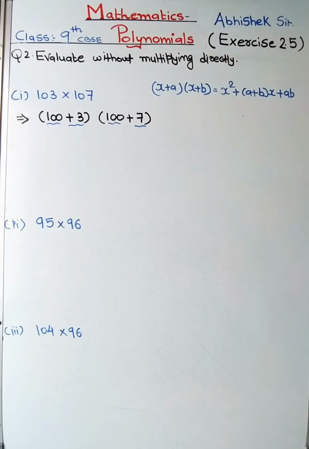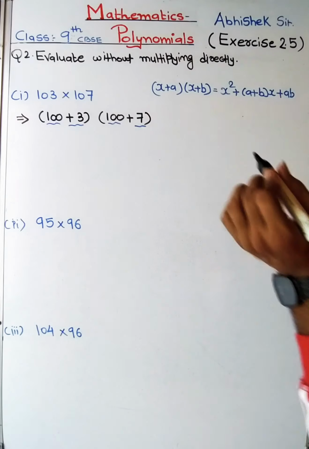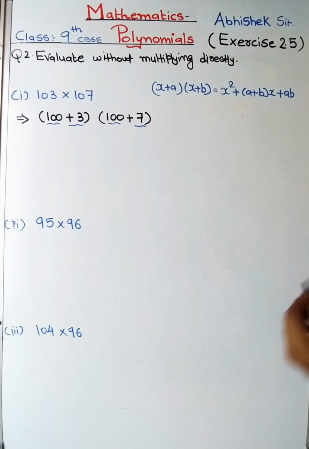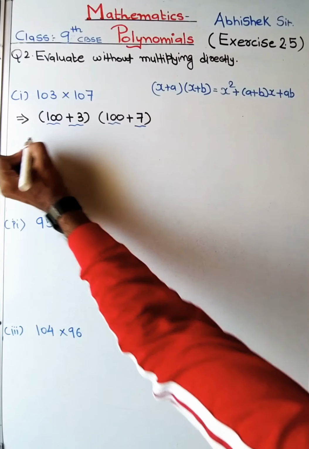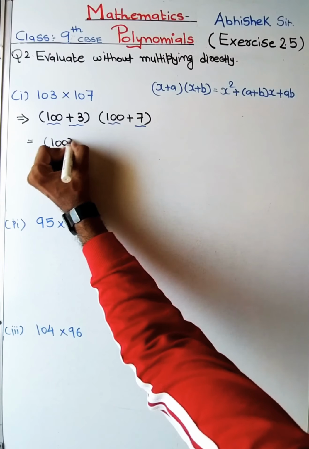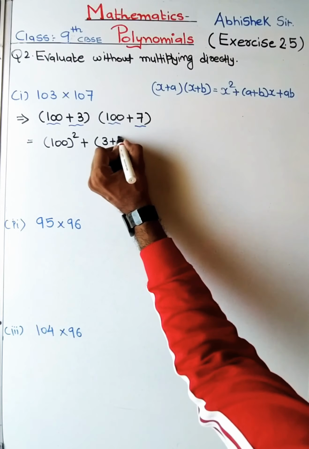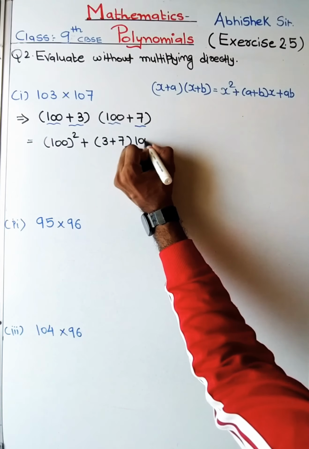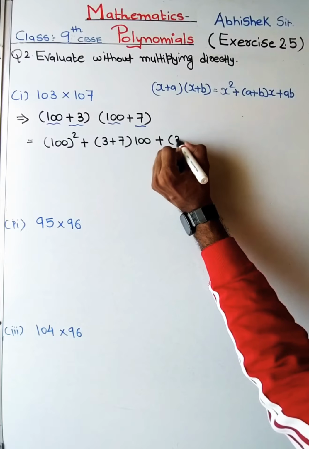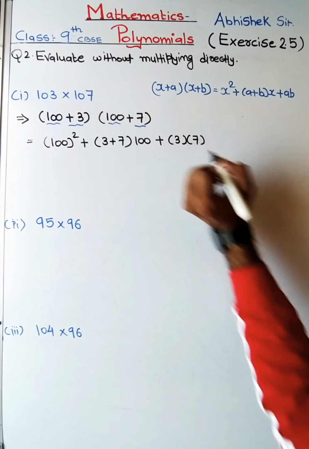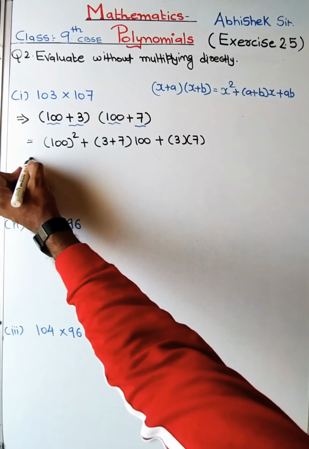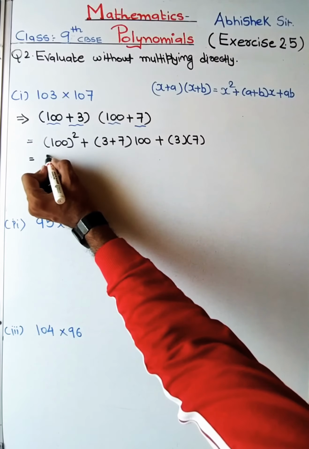So ultimately, without multiplying directly means that we have to use the method of identity. Now let us solve this. So this will go like first term square plus addition of those terms into first term plus multiplication of those two numbers. Here we have 100 square as 10,000